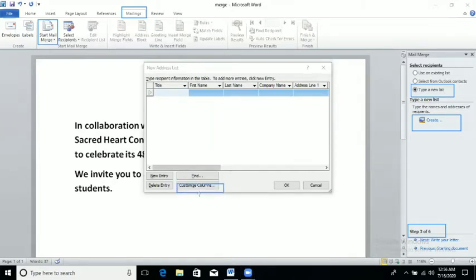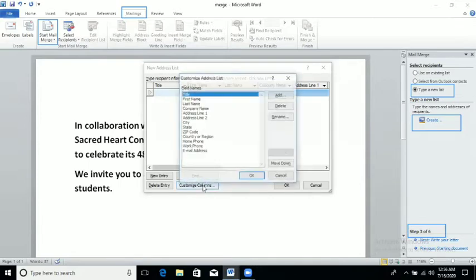What is the meaning of that? Customize means we want to make some changes in the column list: title, first name, last name. So if you want to make any changes, just click on Customize Columns.